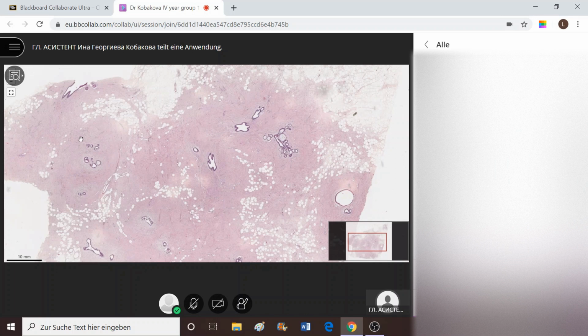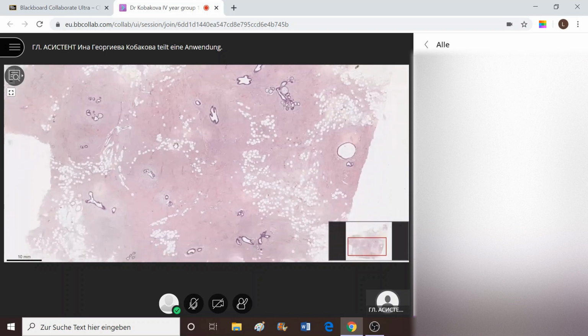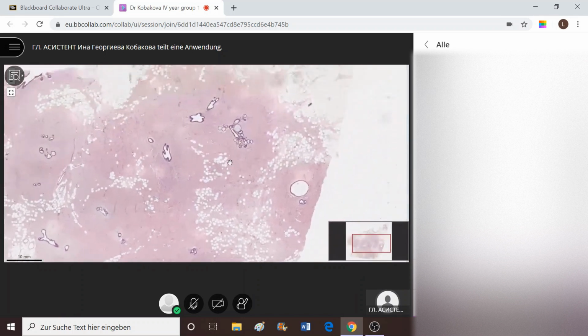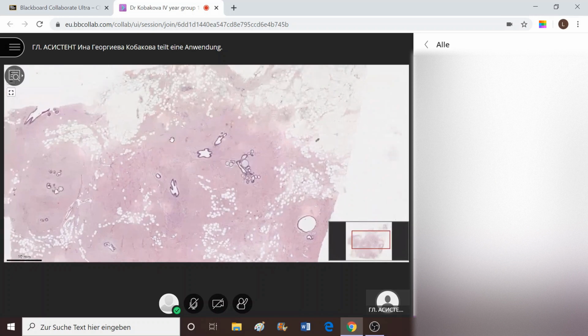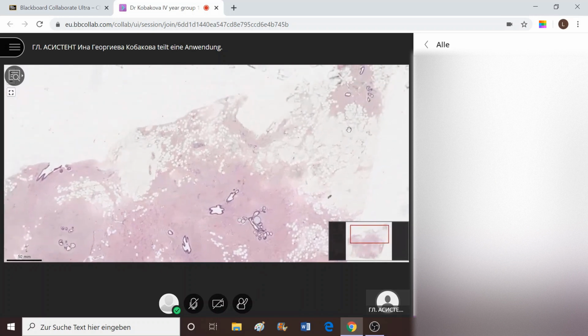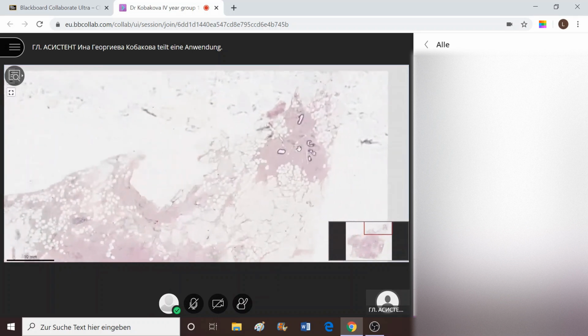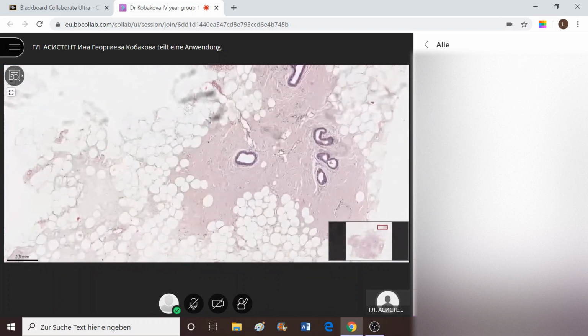Here, the acinar structures are almost missing, not many of these. What we observe is mature fat tissue, which is mixed with remnants of mammary glands with fibrous stroma,